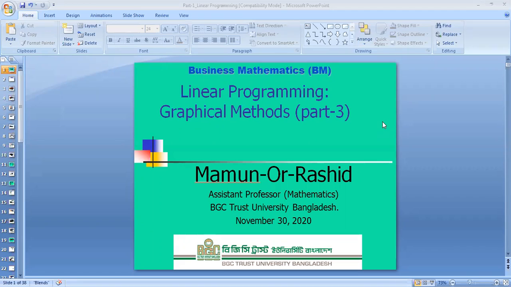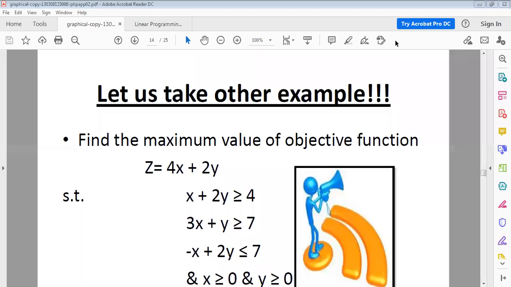Linear programming, graphical method, part 3. In the previous class we studied linear programming as an introduction in the first part, and in the second part we studied graphical methods for solving linear programming problems. Today we will also discuss the graphical method, taking another type of problem. Okay, let us consider: find out the maximum value of